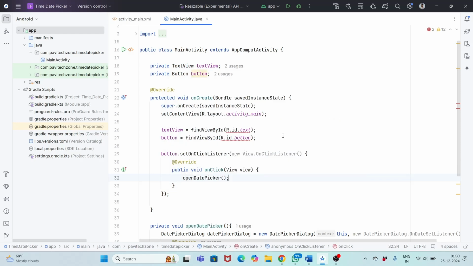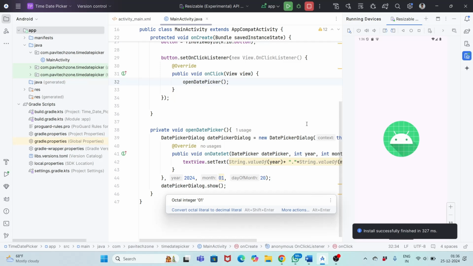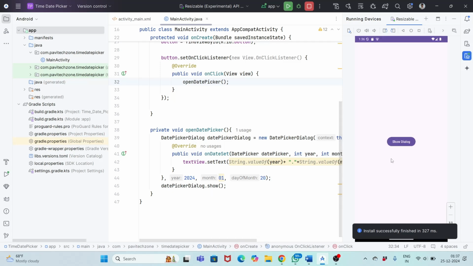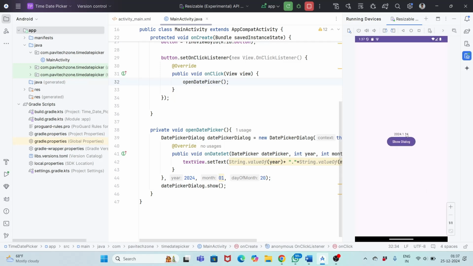Now we will run our application and test the code. So as you can see, the project got successfully installed and we have got the show dialog button. When we click on show dialog, we will get this date picker and you can choose date as per your choice. As you can see, we are in February 2024 and I select 14. Click on OK. We have got 14